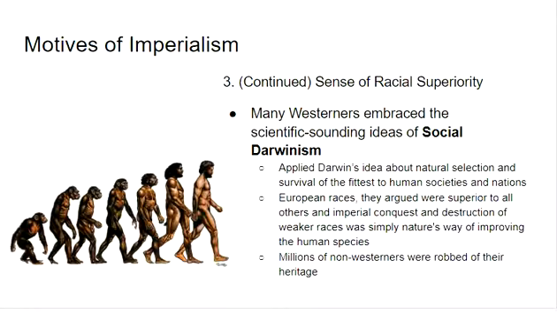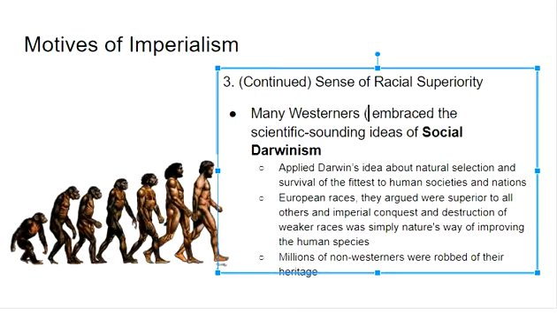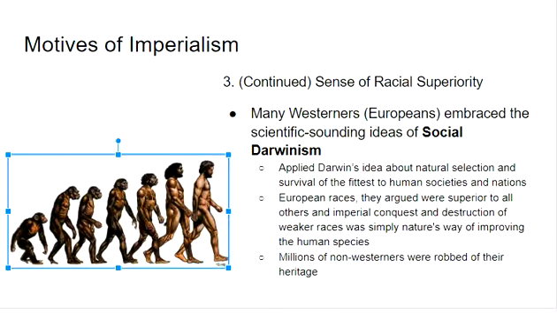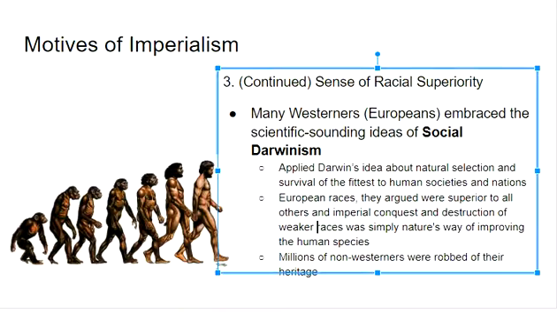Now, point number 3 of spreading humanitarian and religious purposes continued is this idea of racial superiority. Many Westerners, and when we say Westerners, again, we mean Europeans, embrace the scientific sounding ideas of social Darwinism. Now, Darwinism is the idea that people developed from apes or monkeys, as seen in this image on the left,